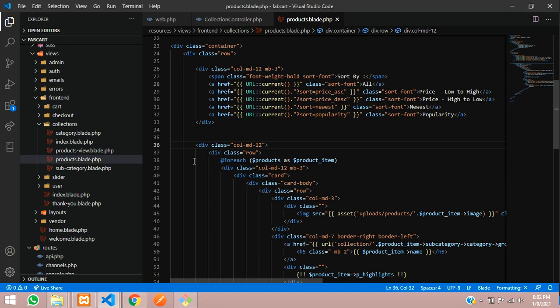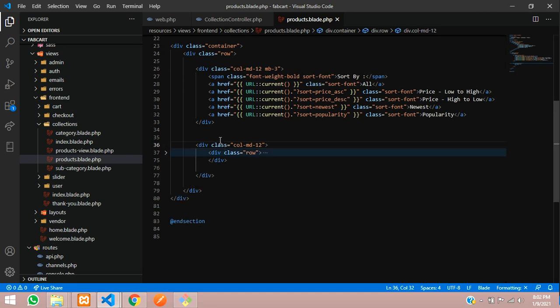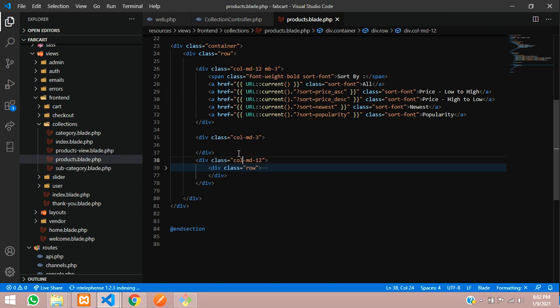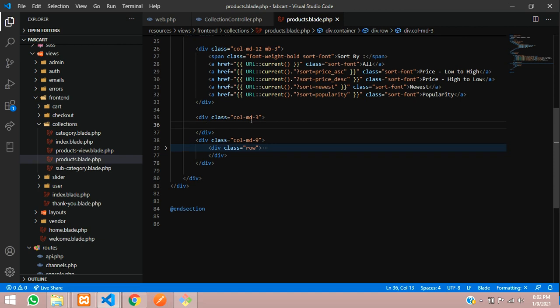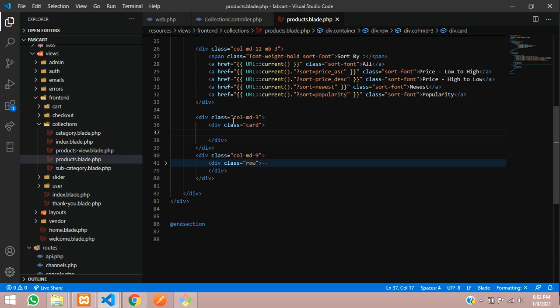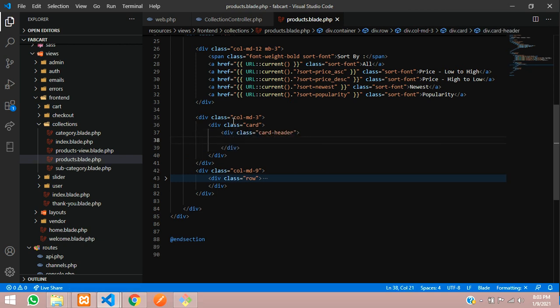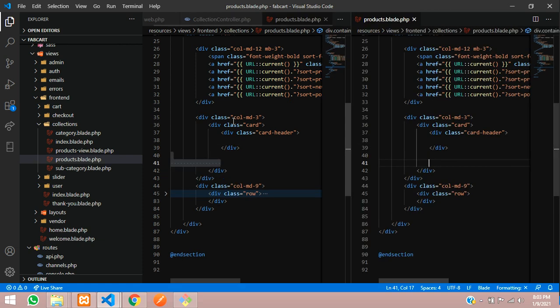This is my product design. Let's divide the column for it. Simply, let's divide to the column col-md-3, and this 12 column I'll make it 9, and then we have to design a basic design for it. As simple, we'll finish it soon. Let's use a card, and inside this card we'll give first a card header, and then a card body.